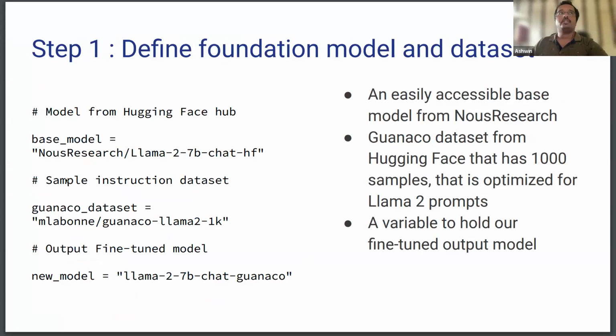On the left-hand side, you see we are starting with the Llama 2 7 billion parameters model, which is optimized for chat. This is provided by Hugging Face, and that is what the name means. For this example, we are taking it from the NousResearch space, because typically when you want to use a model like this from Hugging Face, you go through an approval phase. You say, okay, I want to use the model for so and so purpose,